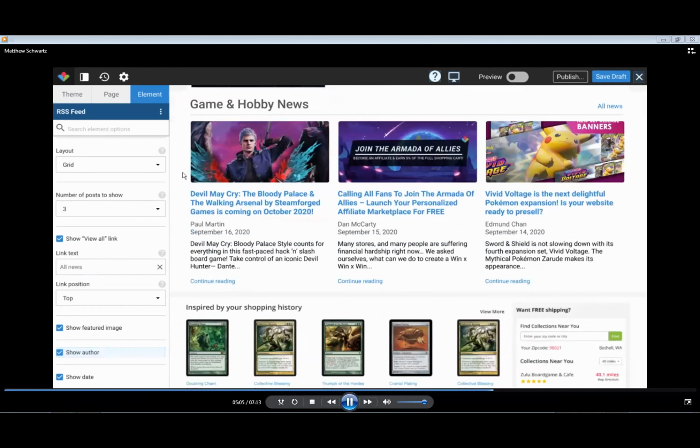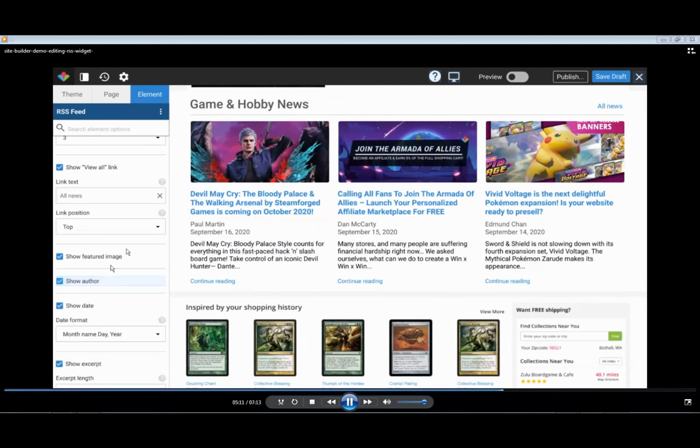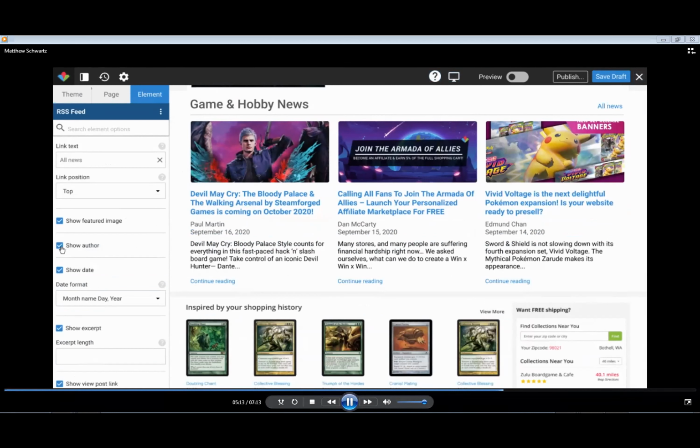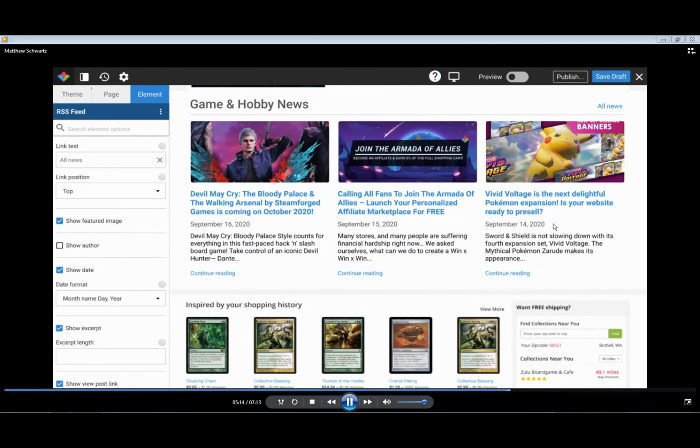Let's continue making customizations to our RSS feed. Let's say that we don't want the author's name to show right here. I can just come down to the option where it says show author, and I can uncheck that, and the author's names go away. Now, I don't want the date format to be written out like this. I want it to be in numerical format. So I can just go to where it says date format, and I can click this, and then I can select a different format that would be available here,